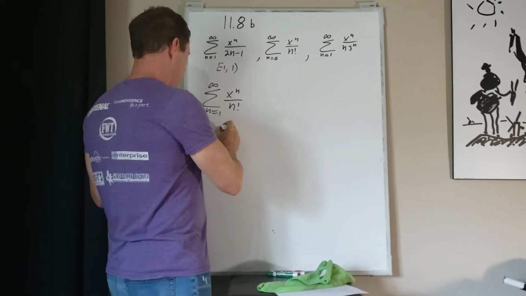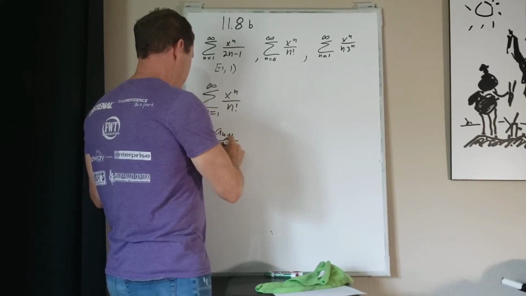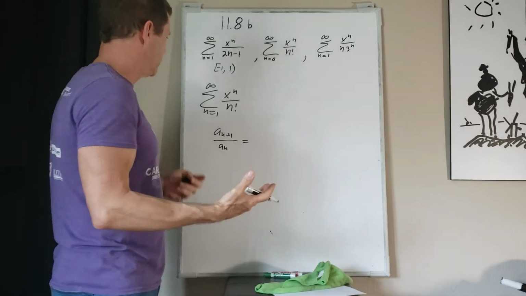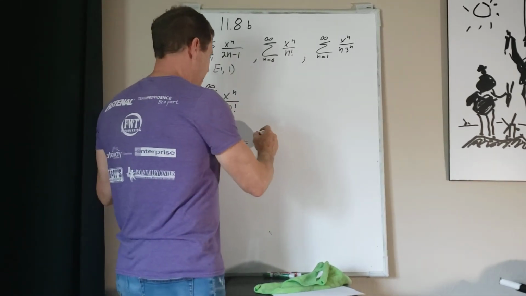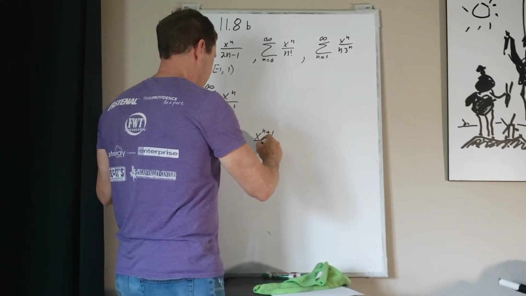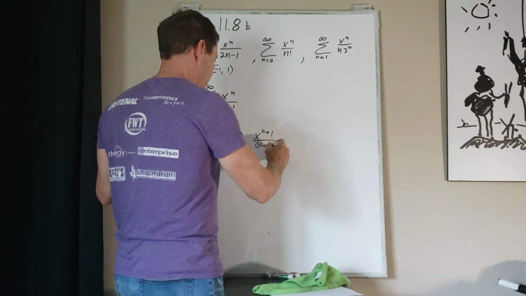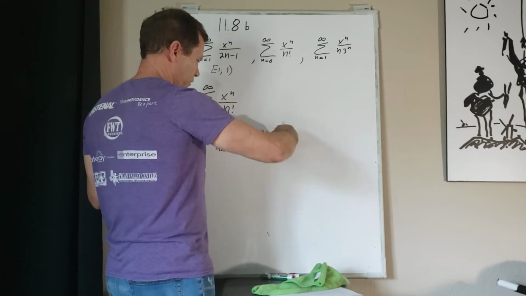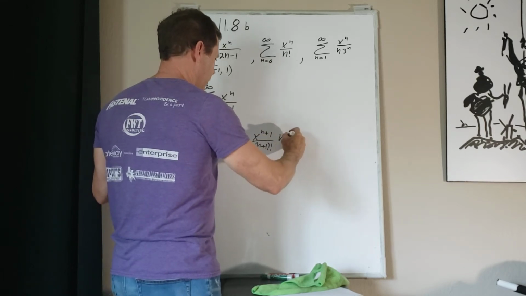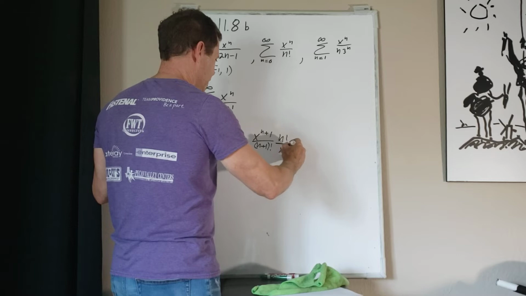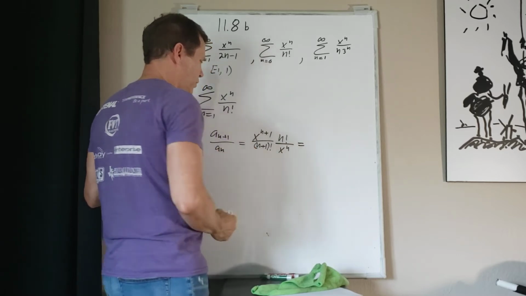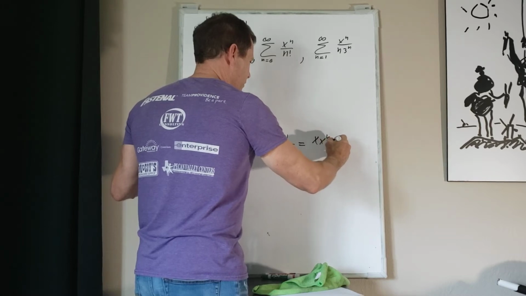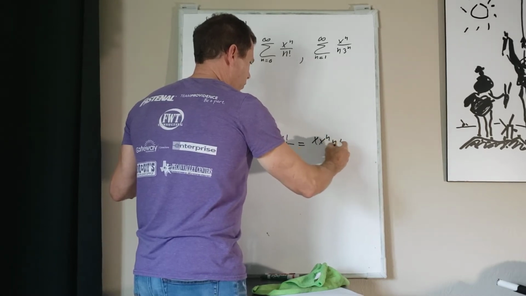So I'm going to clean up a_(n+1) over a_n. Let's plug it in, clean it up, and then stick it in the ratio test. That's going to be x to the n plus 1 over (n plus 1) factorial. Then you divide by the other one, which means I'm going to put it underneath, flip it, and you get n factorial over x to the n. And what's that equal to? That's going to be x times x to the n times n factorial over,